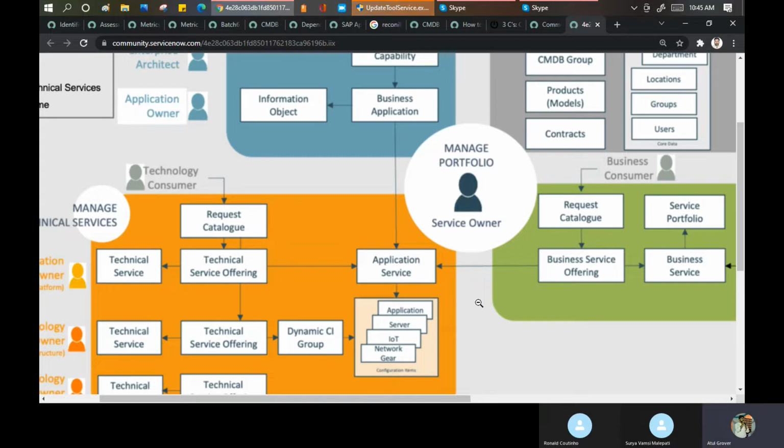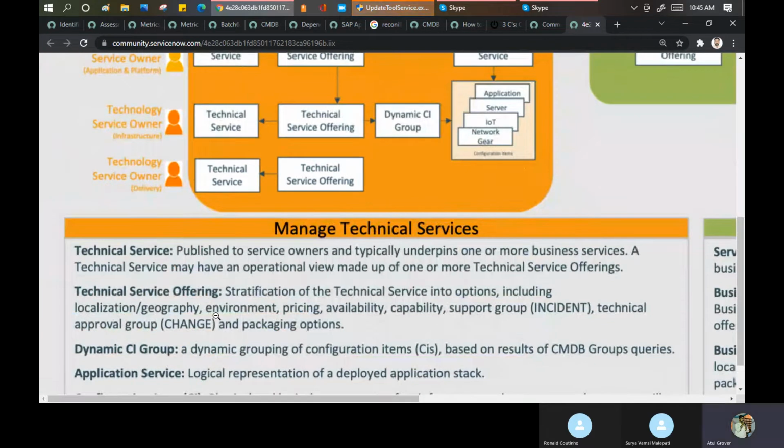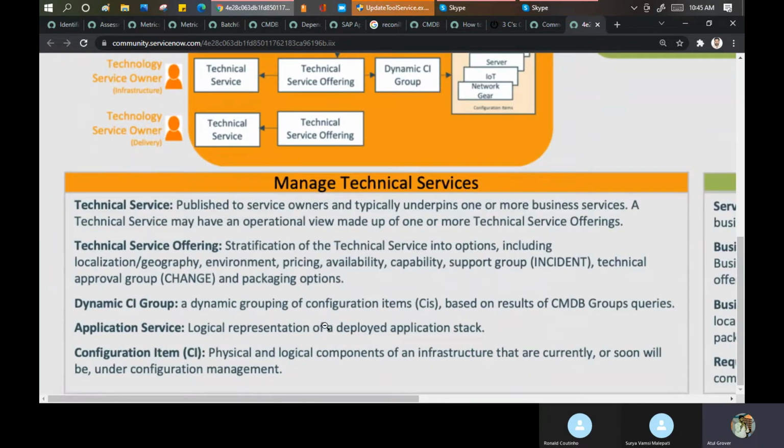If I scroll down, let me go here. Technical, let me say this one: logical representation of a deployed application stack. Like I said, in the market, I am a consultant. That is my portfolio.